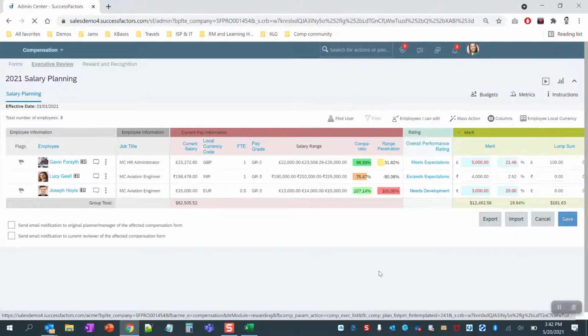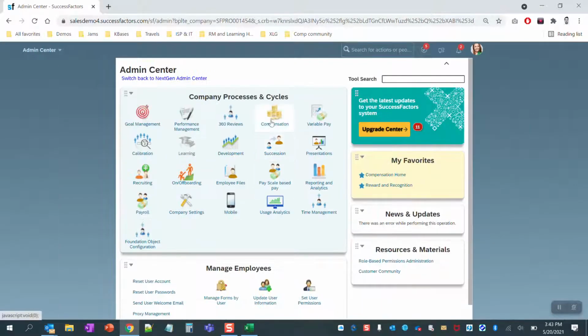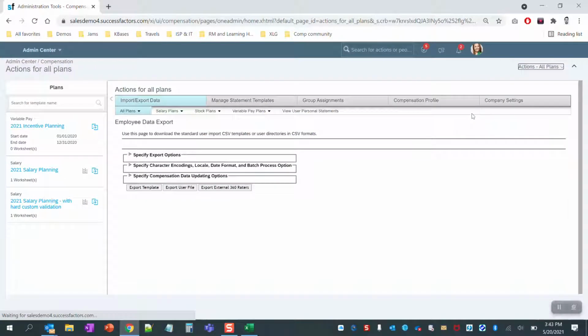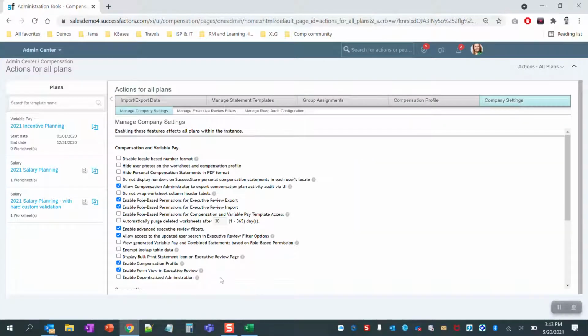So there's a first step, which is a setting in the comp module admin tools under actions for all plans. And then under company settings, you want to click these two boxes called enable role-based permission for executive review export and enable role-based permission for executive review import. That will give you access to control this feature through role-based permission,